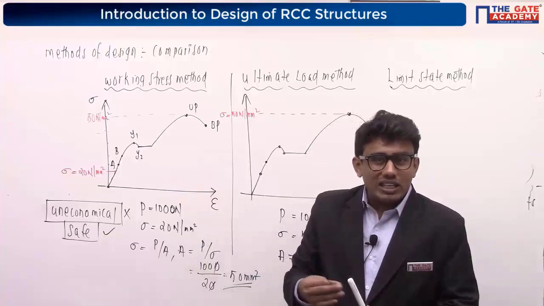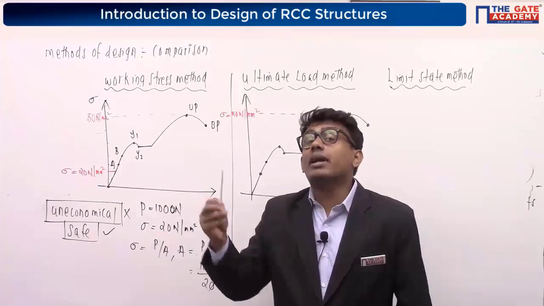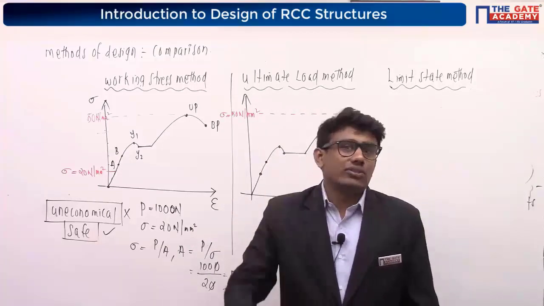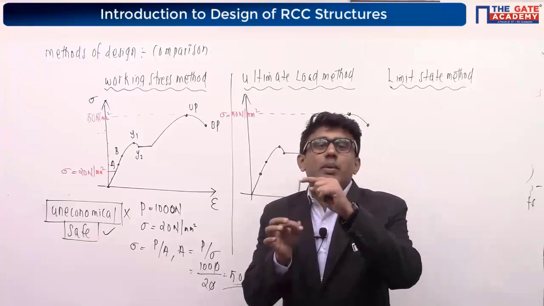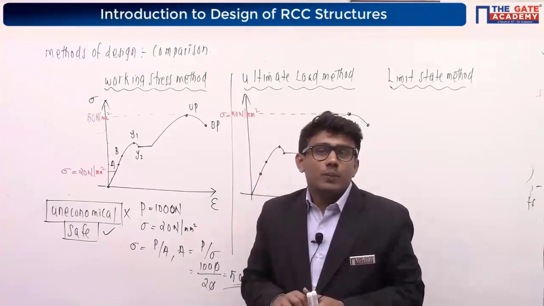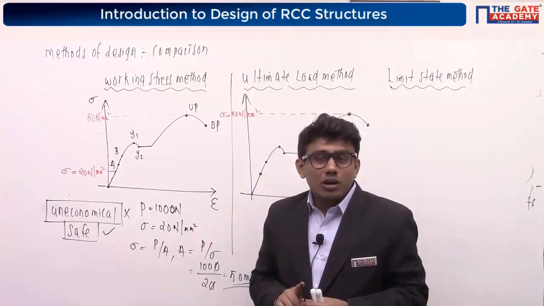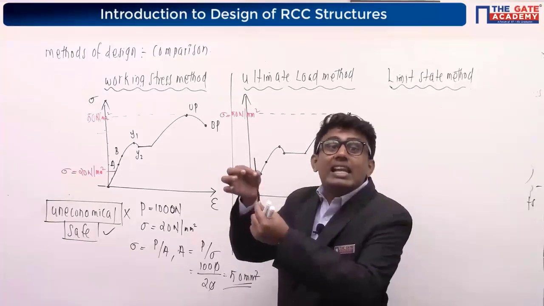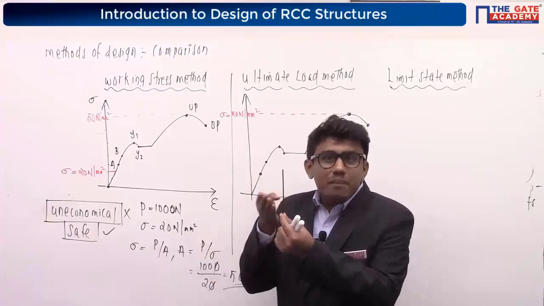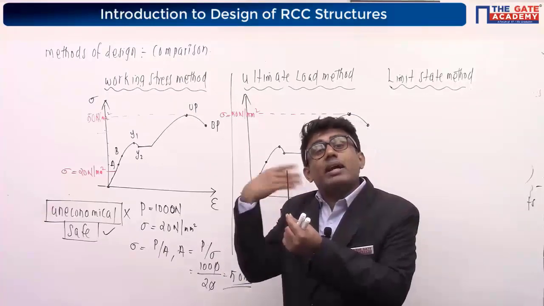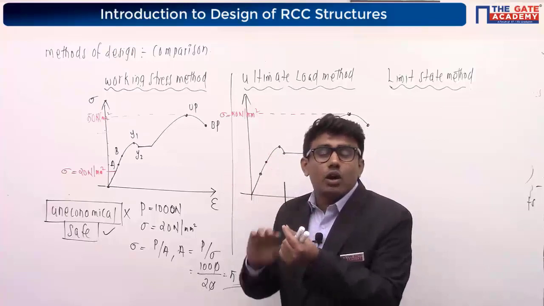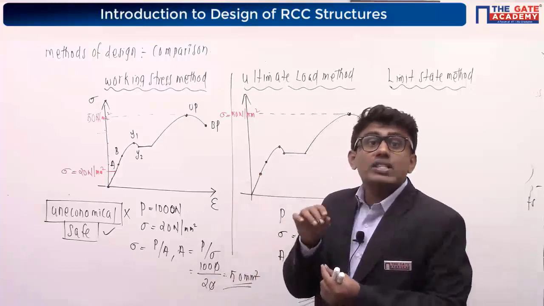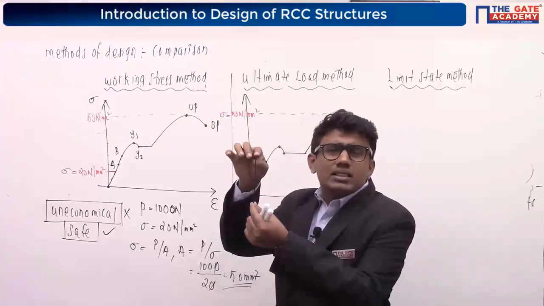Then talking about the mild steel bar I obtained by using our ultimate load method, we have used the entire stress value. Tell me, is it safe or unsafe? I'm using the entire strength of this material. When we talk about the ultimate load method, yes, exactly, it is unsafe. We are getting slender or thin members. It is the same material, but when I consider the ultimate strength, the entire strength of the material, the cross section required for carrying this load will be very, very less, which is actually not safe. Slender means thin members.